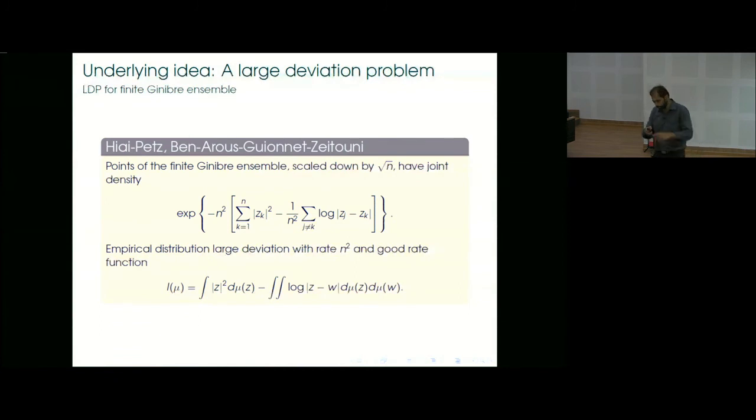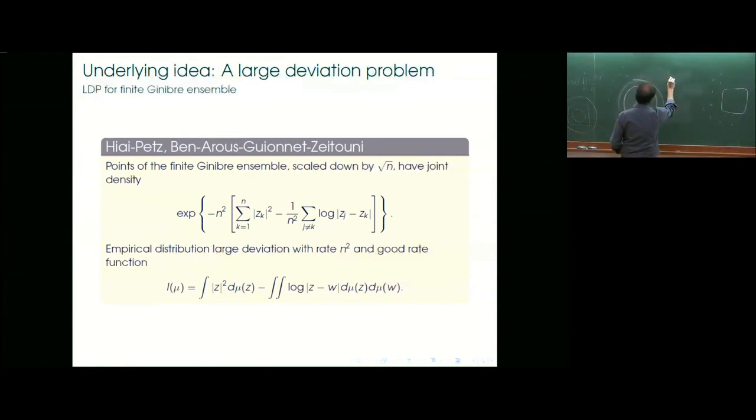But suppose those eigenvalues sit in a disk of radius square root of n. Suppose we scale everything by square root of n, then the density of points looks like e to the minus n squared times 1 over n summation of mod z_k squared,